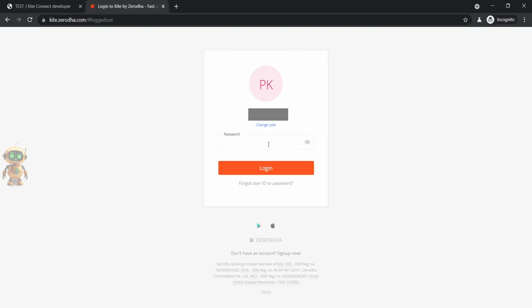Now you need to re-log in to Zerodha with password and OTP from Kite mobile app.